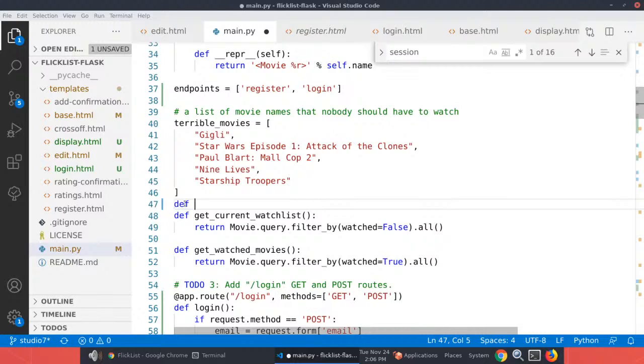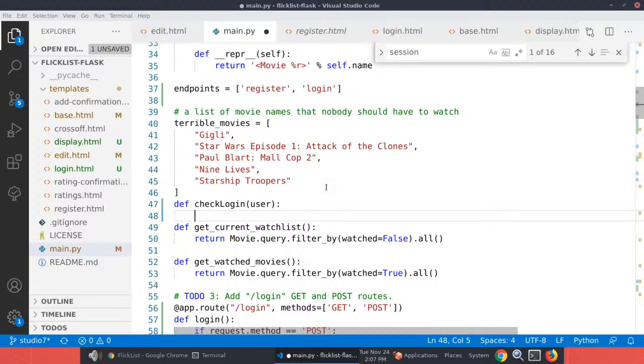Okay, so let's do define. We'll call it what? Well, we already have a function called login, so we can't call it login. So let's call it, I don't know, check login. And we want to pass in a variable for the user, for the email, and